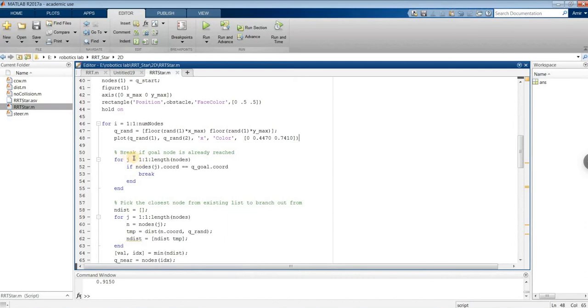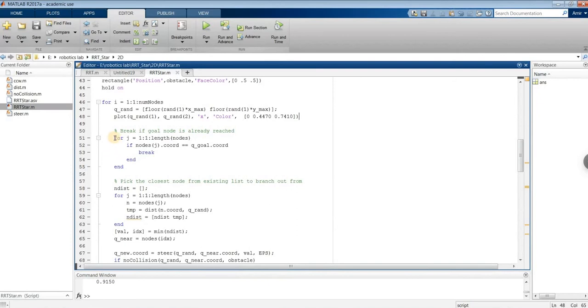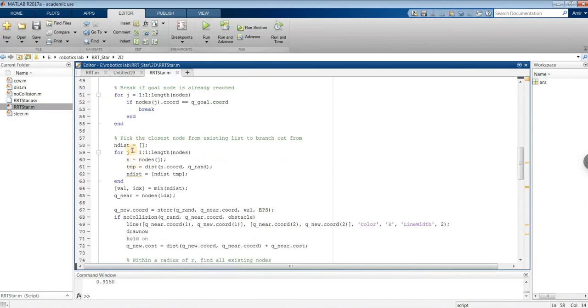and in the next step they say that, okay, break if the goal node is already reached. So here we check that if the goal node is reached, the algorithm will stop. But if the goal node is not reached, what it does is try to find the nearest node to the random node in the tree. So using this for loop, it tries to find the nearest node. So you can see that. So how it does that, it measures a distance